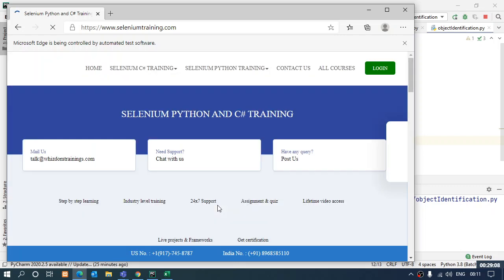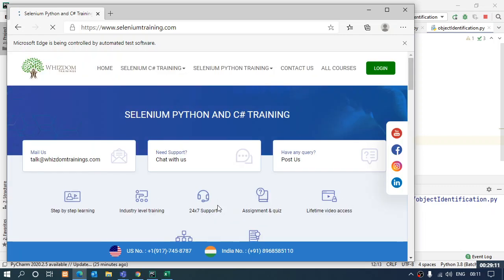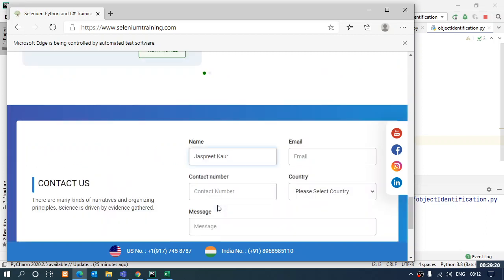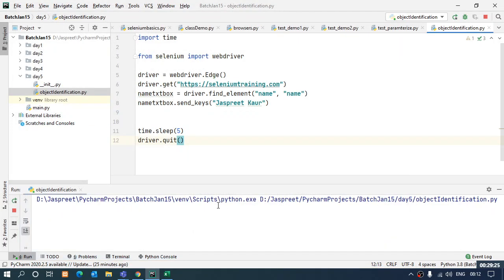Going to Selenium Python seleniumtraining.com. And in the text box it extracted the element and entered my name in the text box. After entering my name into the text box, it waited for 5 seconds and closed my browser itself. Okay, this way I can extract some element and take some action on it.